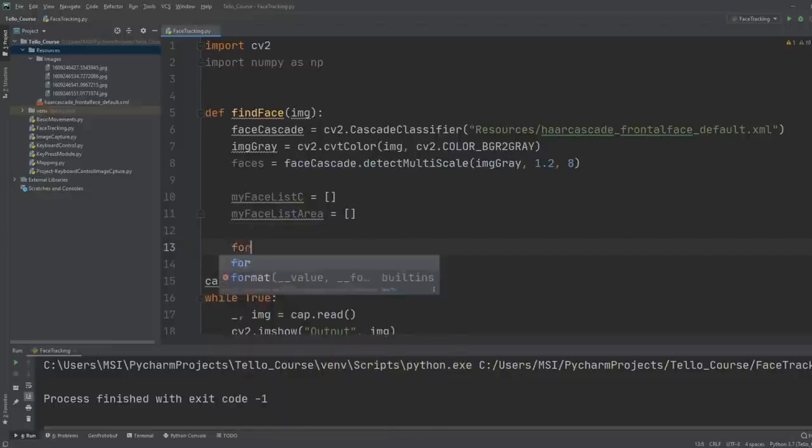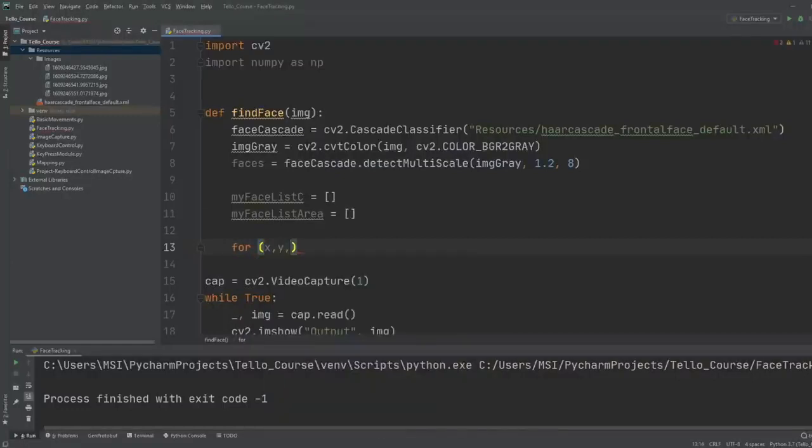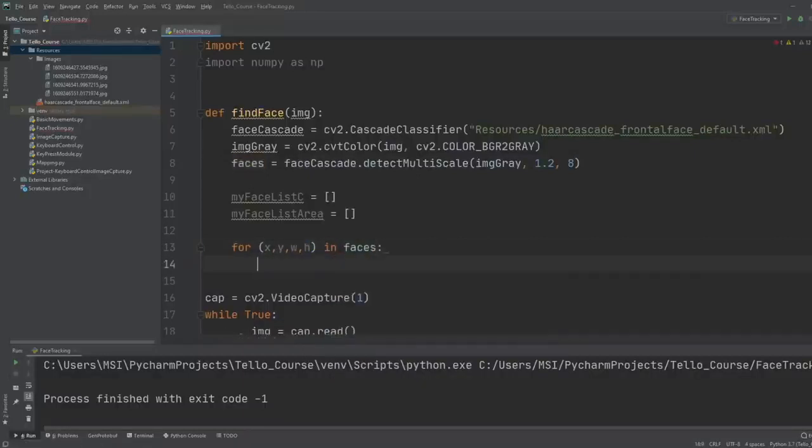So we are going to write for X, Y, W, and height. So basically, whenever it detects these faces, it will return us these values. So we can unpack these values within this faces. So we can write X, Y, W, H in faces, and then we will write that we want to draw the rectangle around